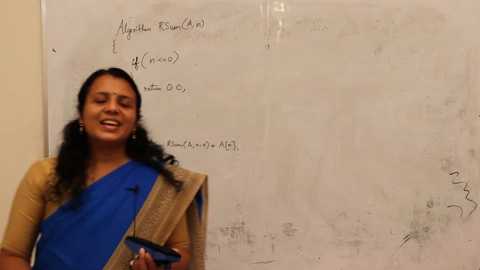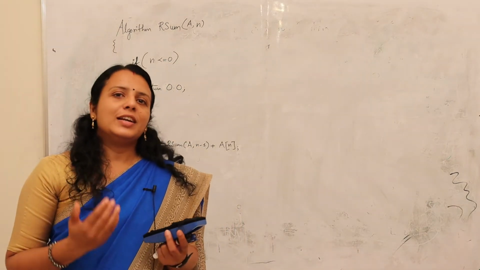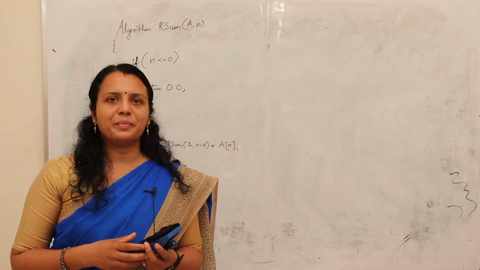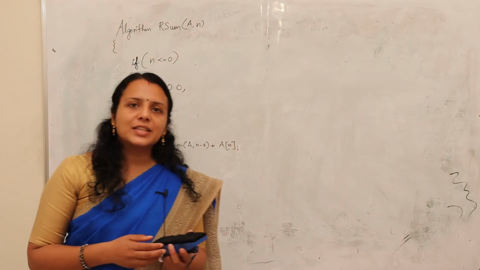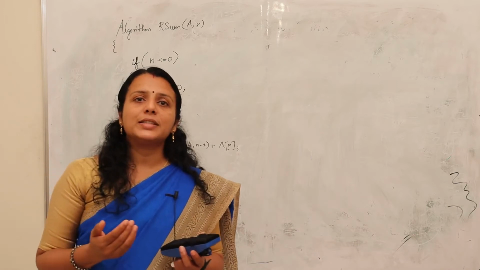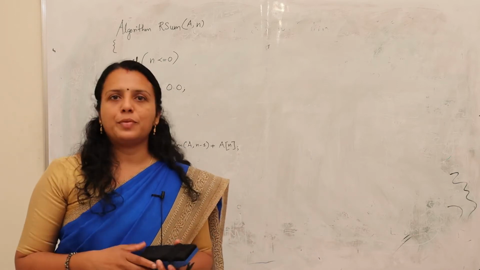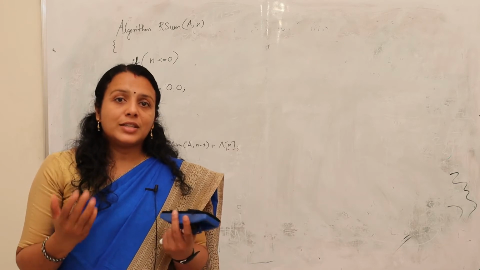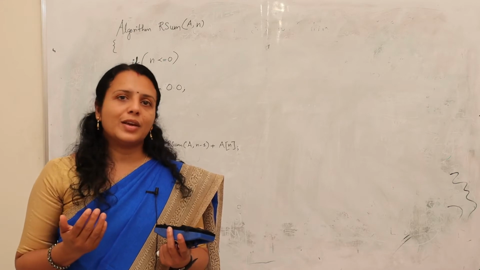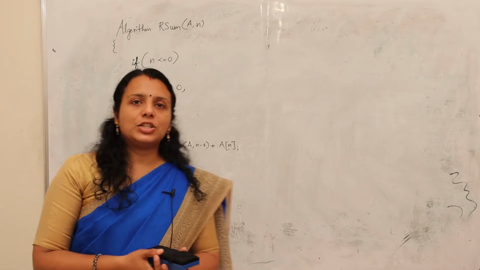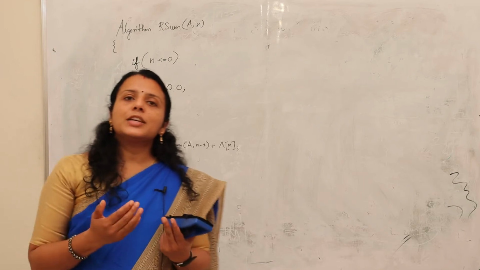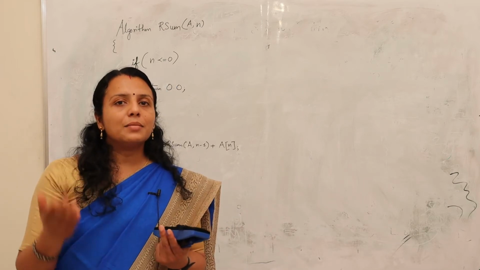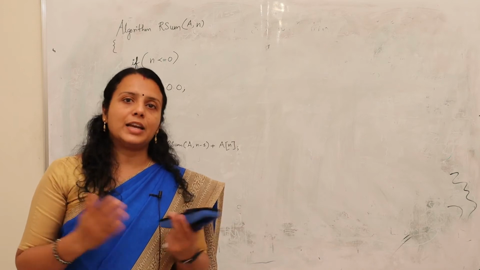Hello everyone. In this video we are going to learn how to calculate the time complexity of a recursive program. In the last videos we have discussed how to calculate the time complexity of a simple or a normal program. So you know what a recursion is. Recursion is a function which calls itself. And there are two types of recursions: some come under the term direct recursion, and some come under the term indirect recursion.